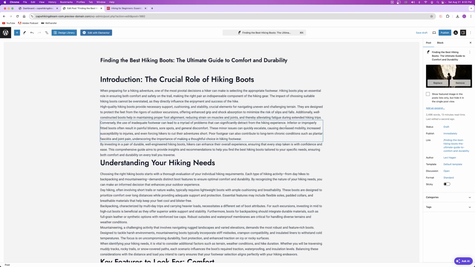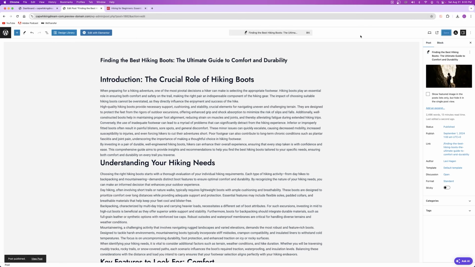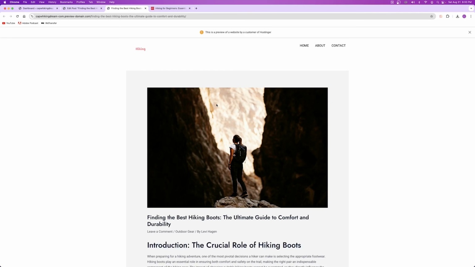It's not published on your website. So once you guys are done making changes to your blog post that you got from AI, which again, I strongly recommend heavily modifying it so that it comes from you, click on publish just like you did a second ago, and now it is live on your website. And then we can view the post, which looks a lot better than mine, the one that I created,